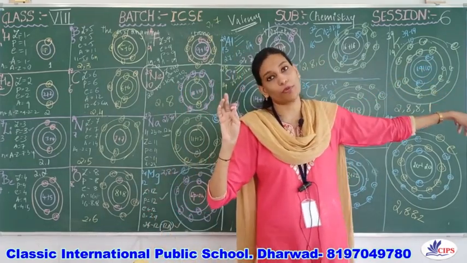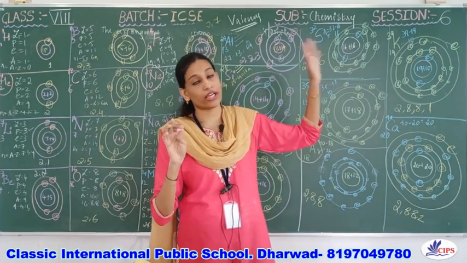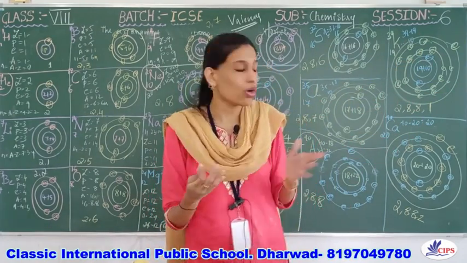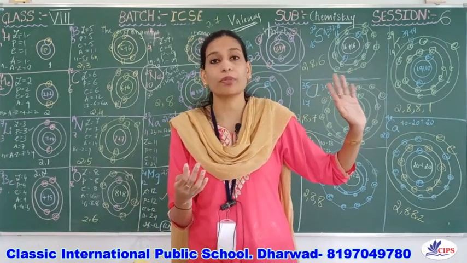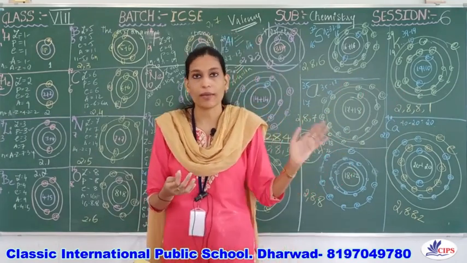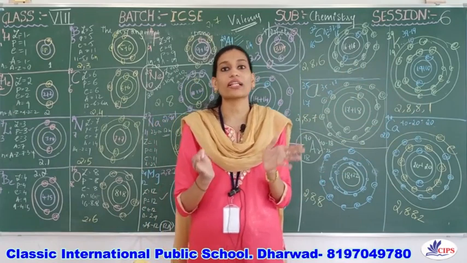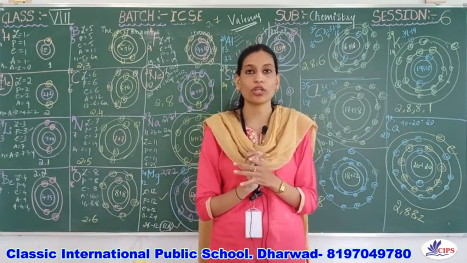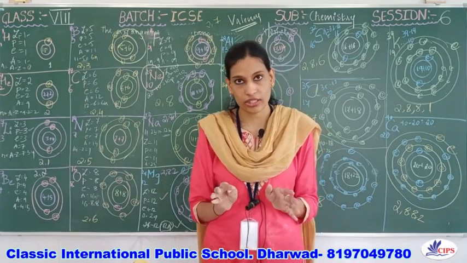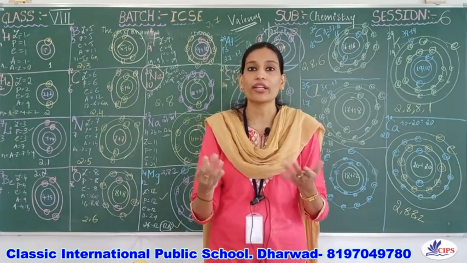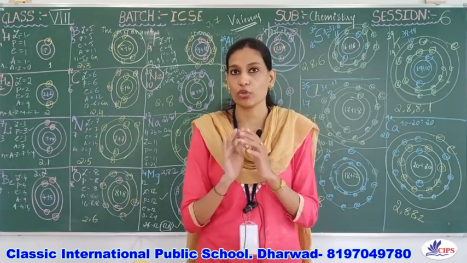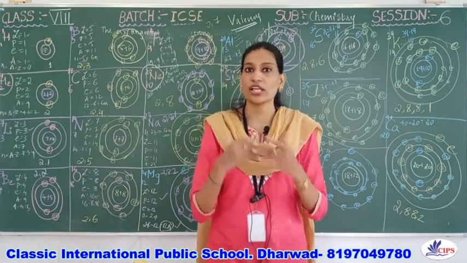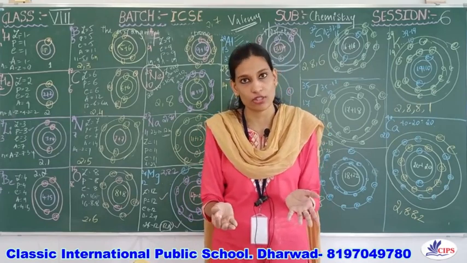Like we have helium, neon, argon. Next we have krypton. In your further classes, 118 elements are there, and you will come to know that after argon we will have krypton, then xenon. All these are noble gases. They are very rare in nature. They have completely filled shells and are very less reactive. They do not readily react with other elements. Why don't they react? Because their shells are full. They don't need any electrons.